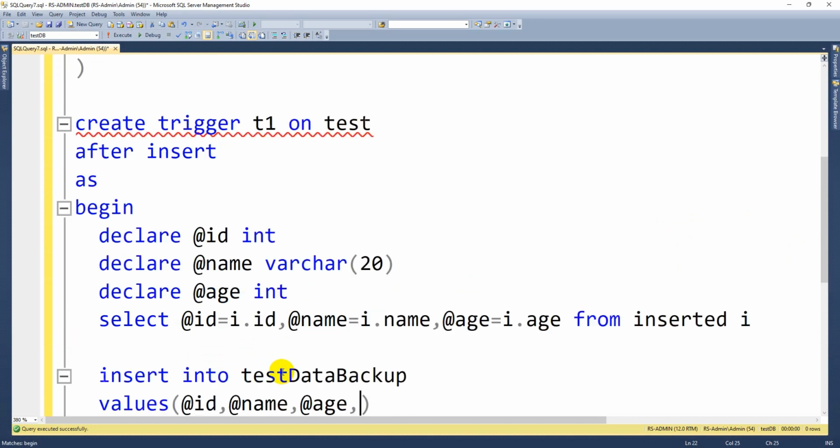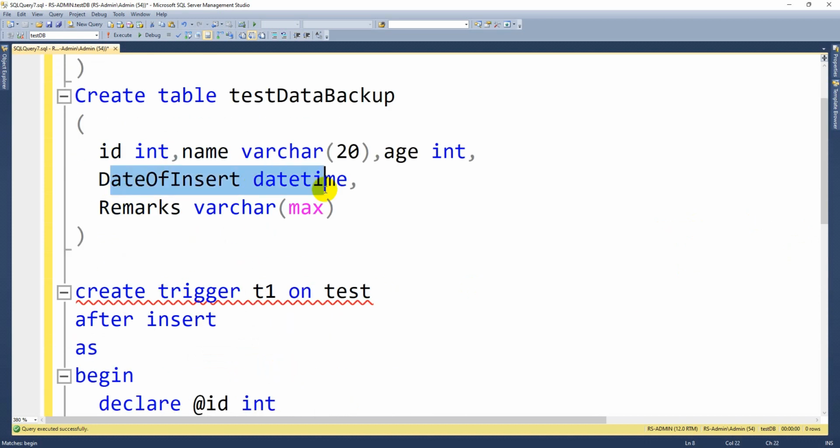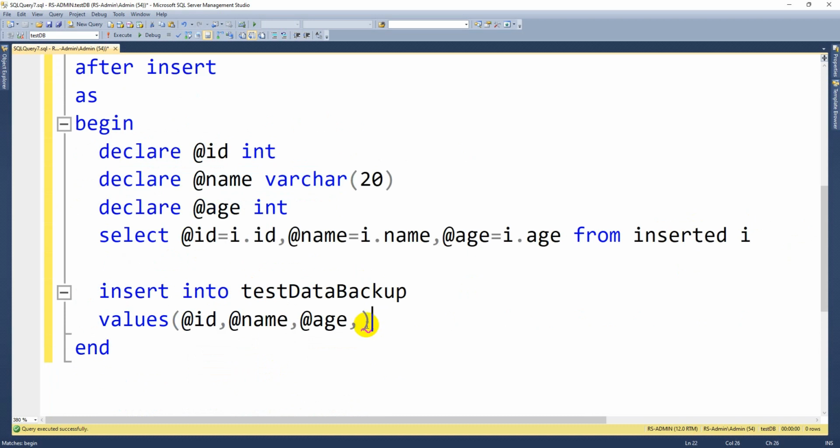After that I need to pass the date of insert, the datetime property. Similar to SYSDATE, in SQL Server we have the getdate function, which gets the date and time from your PC settings. This is a predefined function. Next, remarks. In remarks I am going to write: inserted a record. That's it.